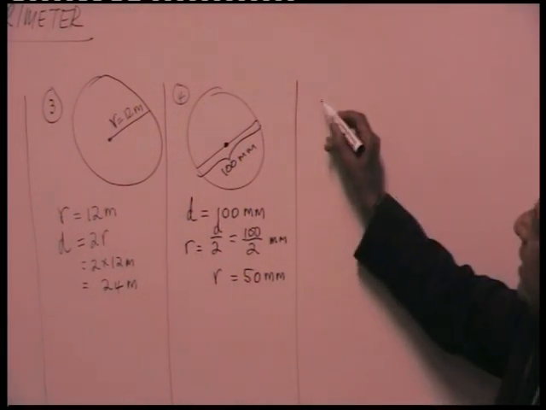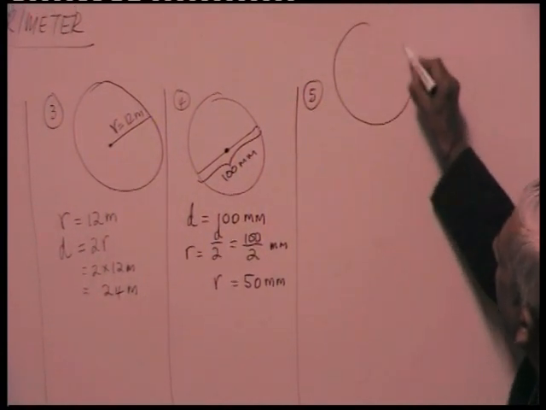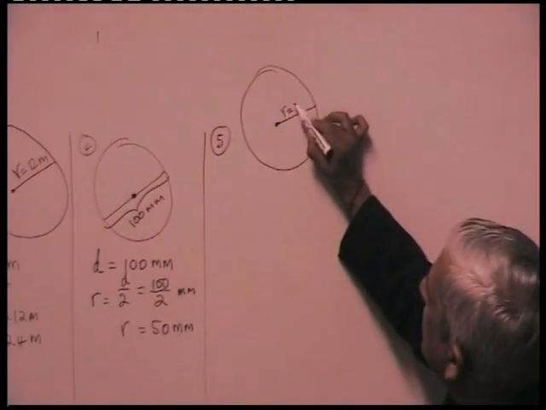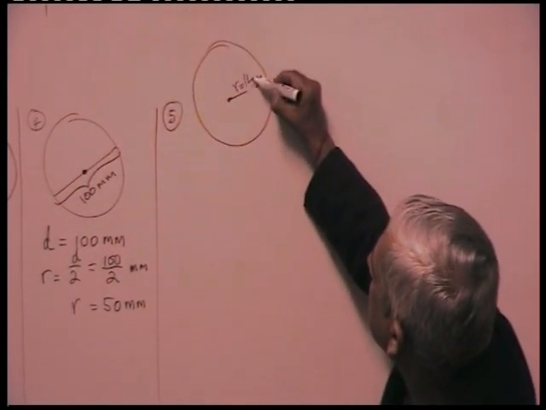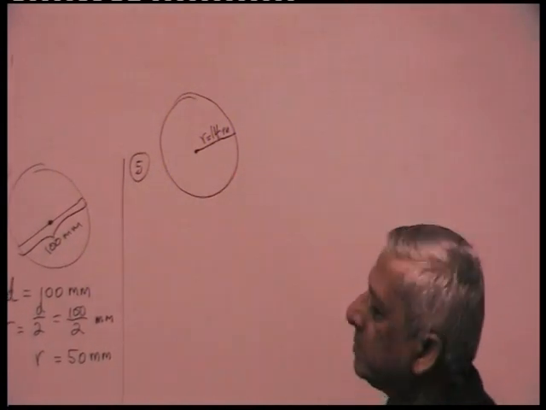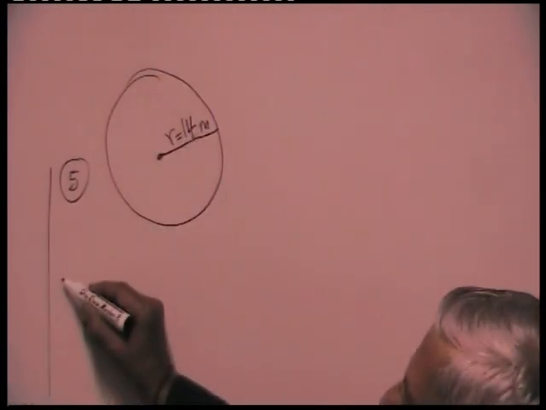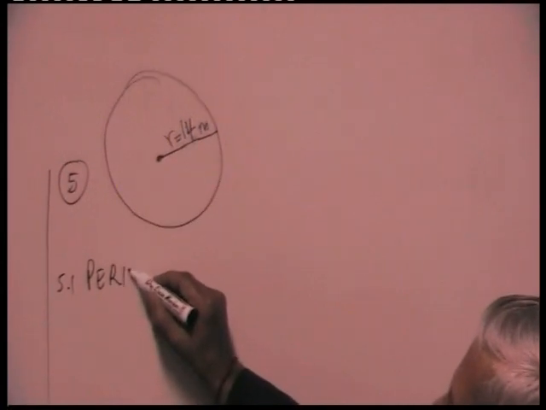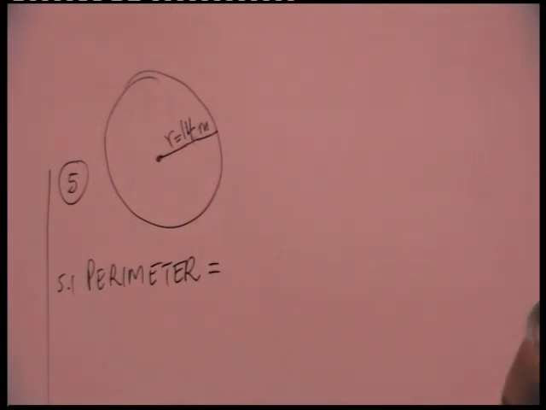Right, now let's do an example on area. Suppose we are given a circle like this and we are told that the radius is 14 meters. Now, you want to find 5.1, the perimeter. Now, in the circle, the perimeter has a special formula. And that formula is